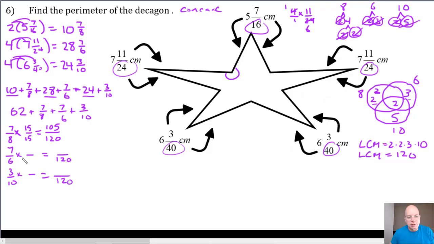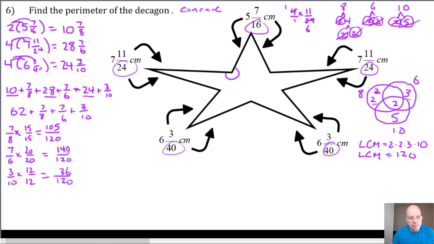If I want to turn 6 into 120ths, that's easy to see that it would be 6 times 20, but just to show you that you could use the Venn diagram, here is 6, and outside of the 6 circle are 2, 2, and a 5. Well, 4 times 5 is 20, so we multiply by 20/20, we get 140/120. Obviously 10 times 12 is 120, so 3 times 12 will be 36. But also if you look at the 10 circle, outside of the 10 is 3 times 2 times 2, which is 12. And so when we add these three fractions, now that they're all like terms, they're all 120ths, we